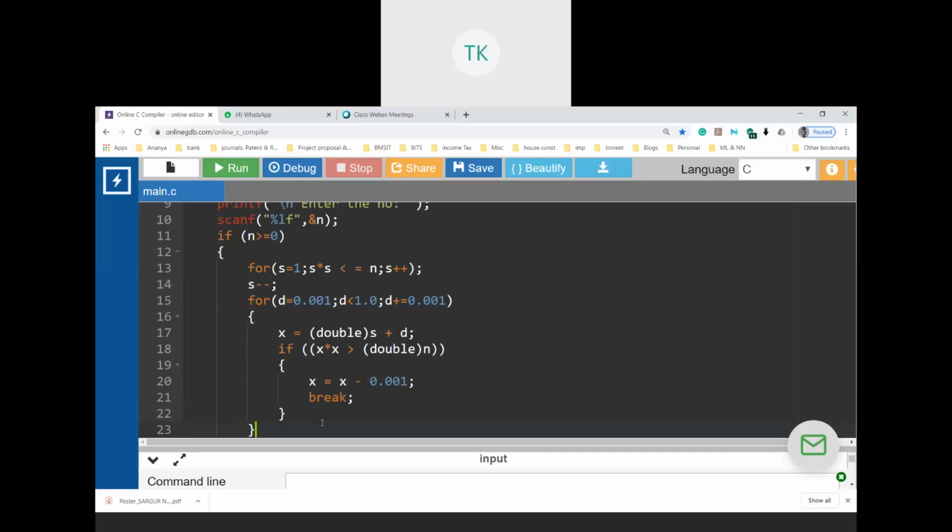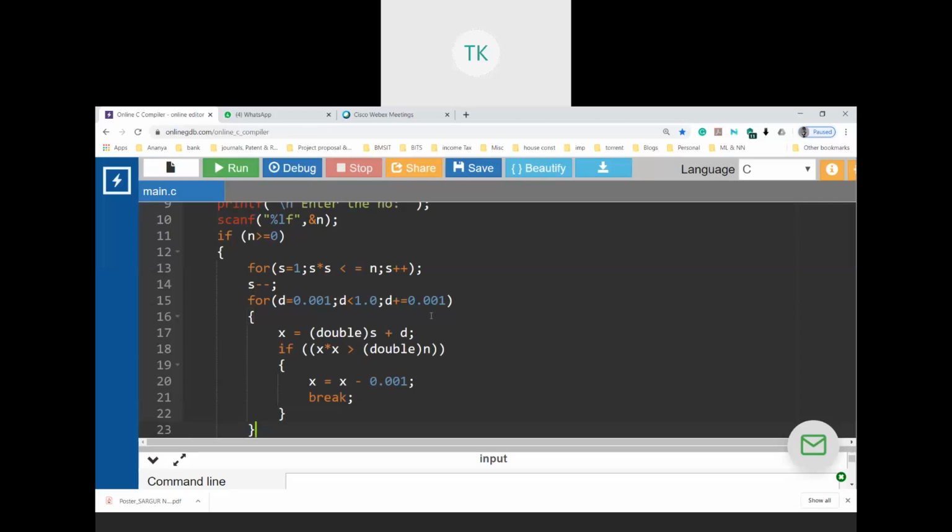This set of iterations will go on getting executed until the D value is less than 1. Once it reaches 1, it fails and it comes out. That means there is a provision for the for loop to go on changing the value of D until it is fractionally less than 1. So it can go up till 0.9999, and so on.